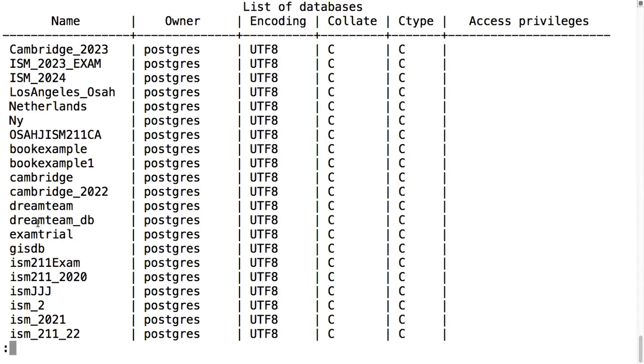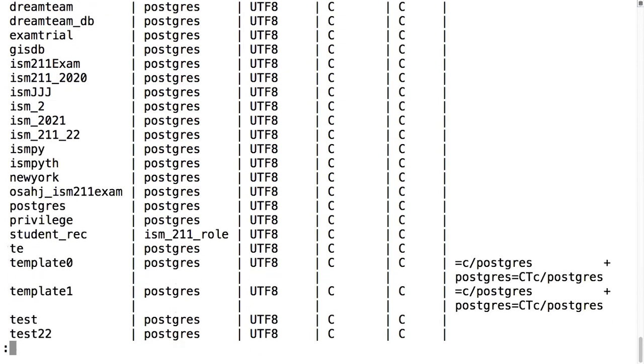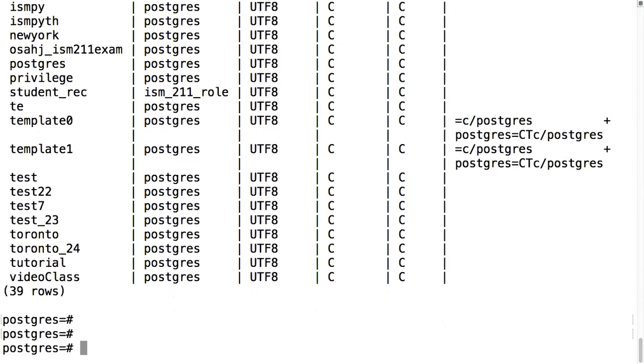Now, if you scroll down the list, you will note that we don't have any database termed first store, which is what we are about to create. So if you look at the list, first store does not exist in our list, but that's the name of the database we will be creating. So here I am going to say